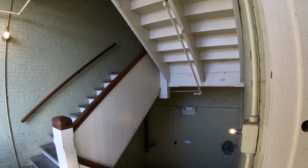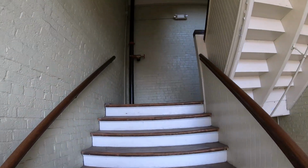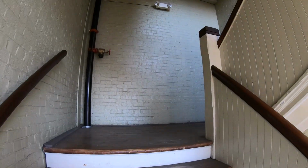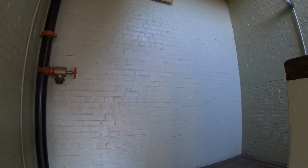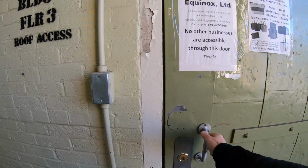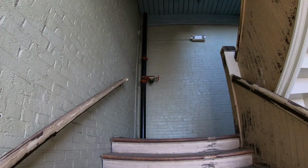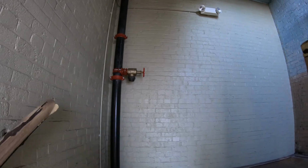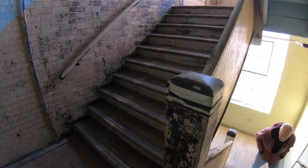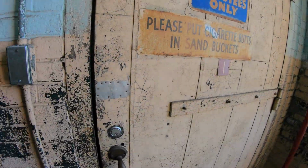Can you go up again, Tony? You can go up. I think all the way to that. All right, so I am headed up to the 3rd floor. Third floor is locked. So that where you saw that elevator, that's part of that. Let's see if we can get on the 4th floor. How many floors were there? Do you remember? I think there's at least 4, if not 5, counting